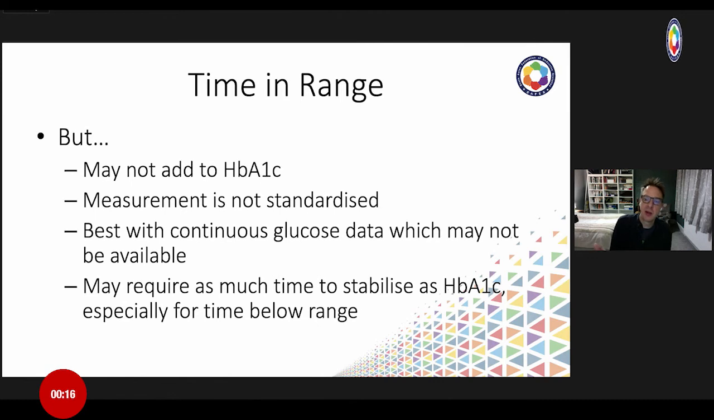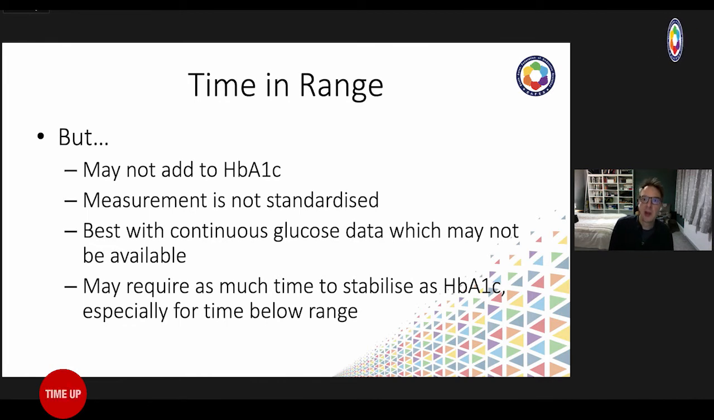And one of the things that slightly worries me about time in range is that we forget how good HbA1c is. Time in range is not standardized, and I've shown you that we need to be careful about thinking about the data duration and how we collected the data whenever we report time in range. And time in range is best with continuous glucose data, which may not always be available. The other thing is that time in range may require just as much time to stabilize as HbA1c does, particularly for time